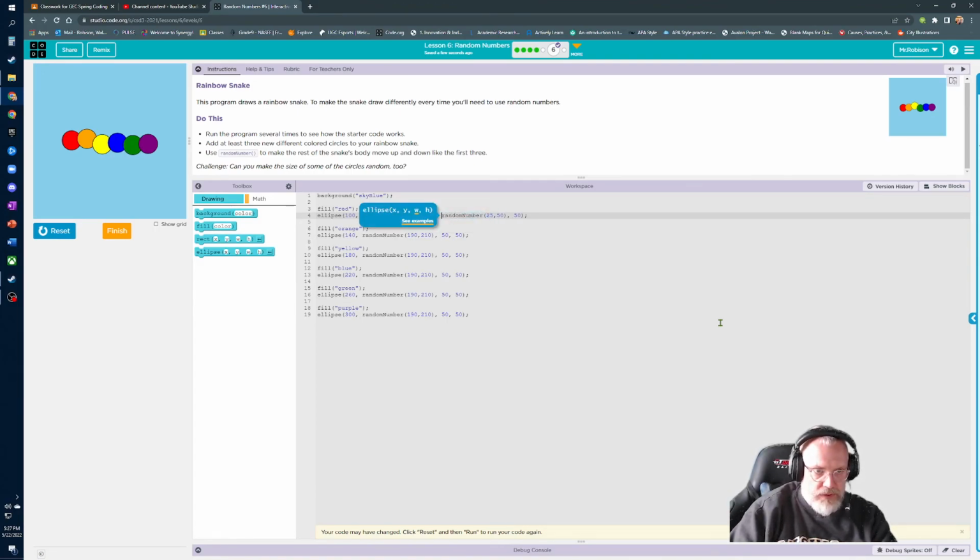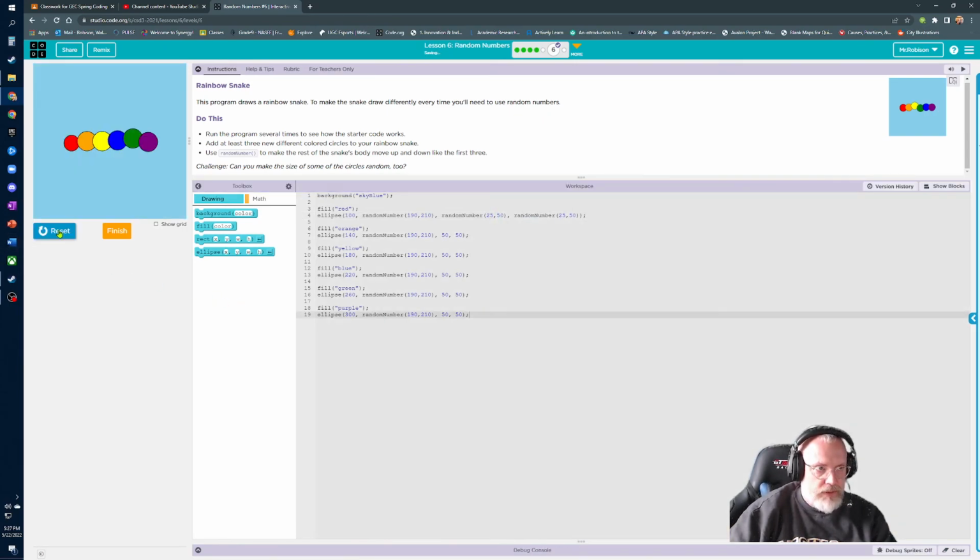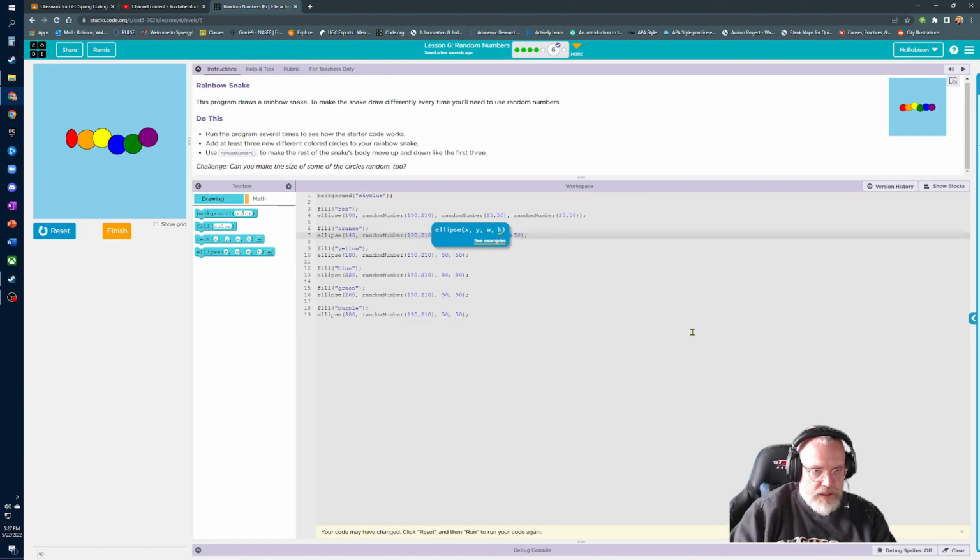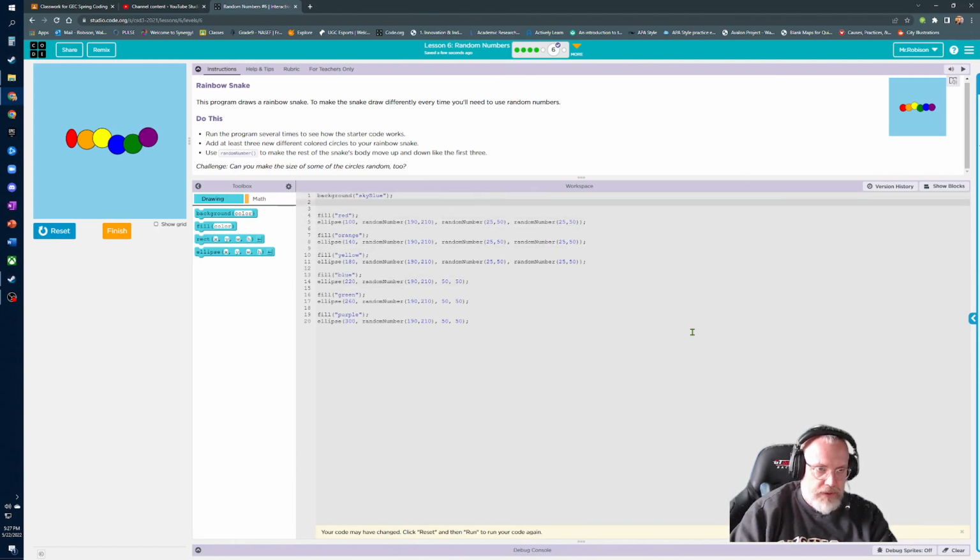Now I want to keep using this. So what I'm going to do is hit Control C, and Control V. Now let's see if it works. This should just affect the red one. Is the red one working? Yes, it is. So if I wanted to, I could hit Control V, Control V, Control V, of course. This is one of those things where you could also just do a variable, right? I could go var